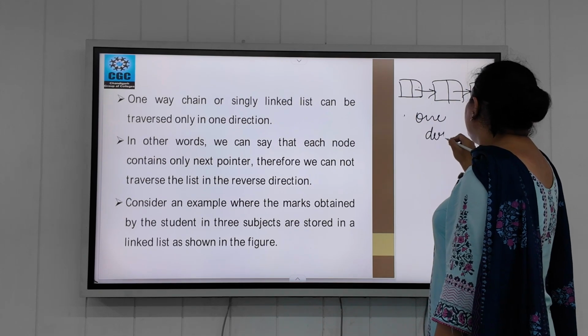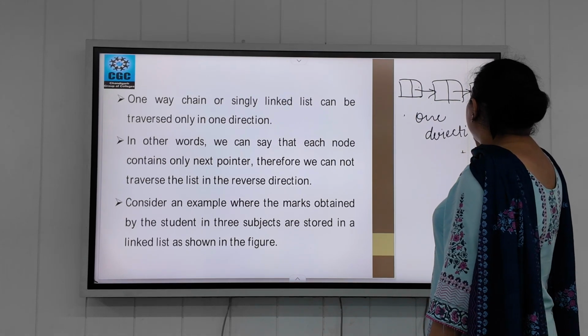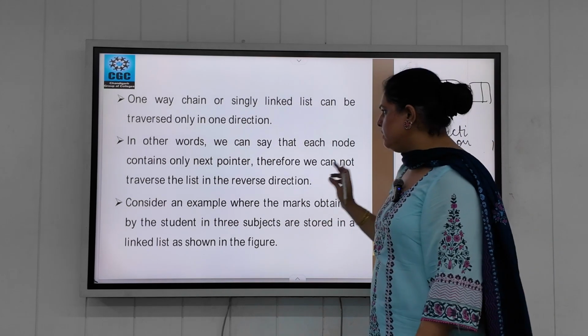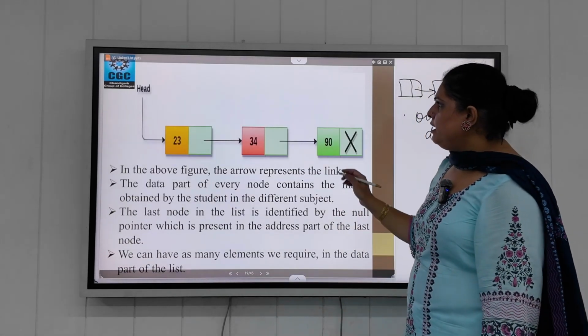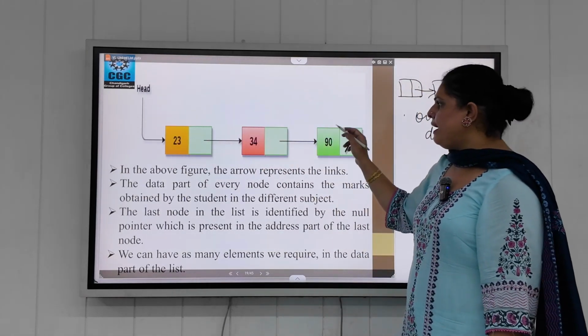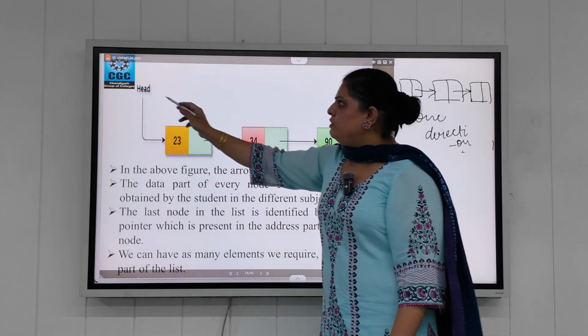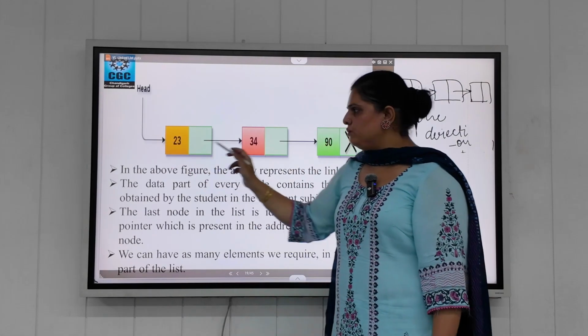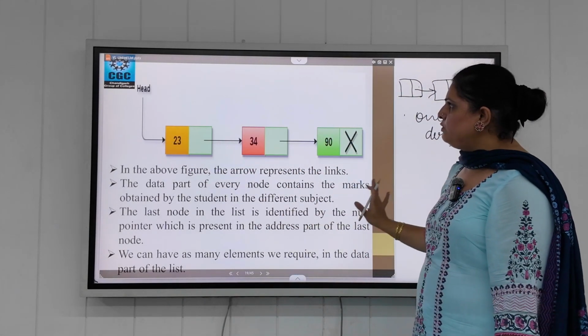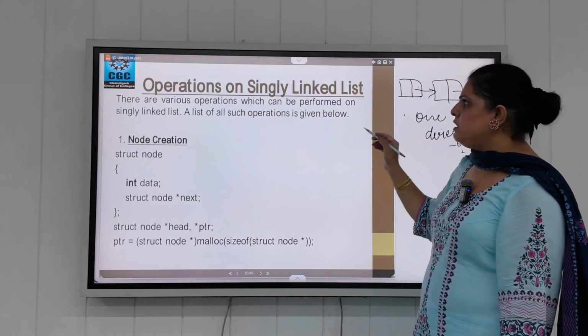So in one direction we can traverse our data. We can discuss this with the help of this example. This is our first node, second node, and this will be the last node. The head points to the first node and the tail is represented with the null pointer. So this will be the representation of single linked list.